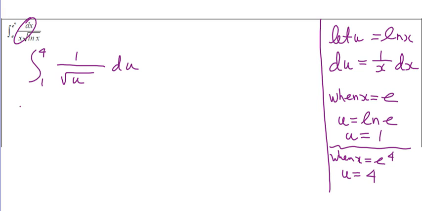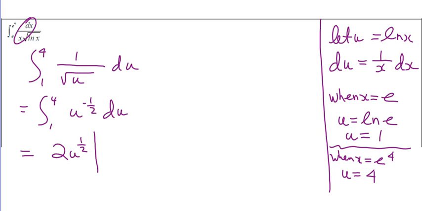Okay, so what do we got? 1 to 4, what is this? It's like u to the negative 1/2, right? So what's that? 2u to the half? Okay, so it'll be 2u to the half. Don't need a plus c, it's a definite integral. And we're evaluating 2u to the 1/2 on the bounds 1 to 4, which is equal to